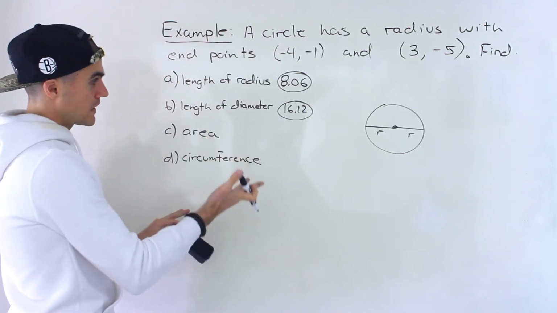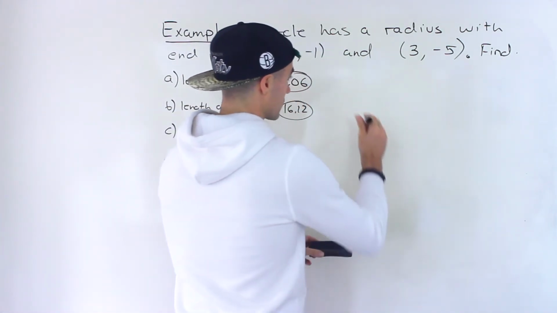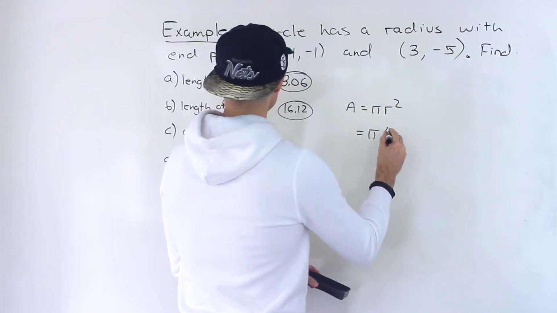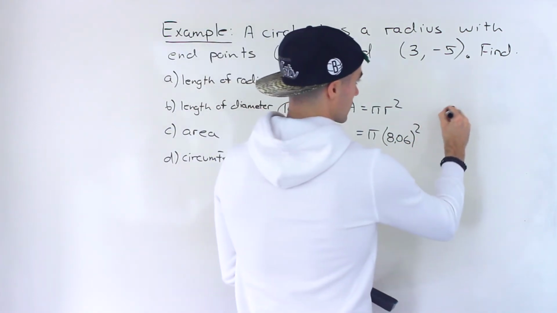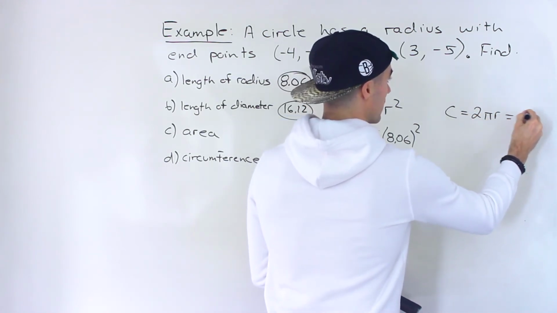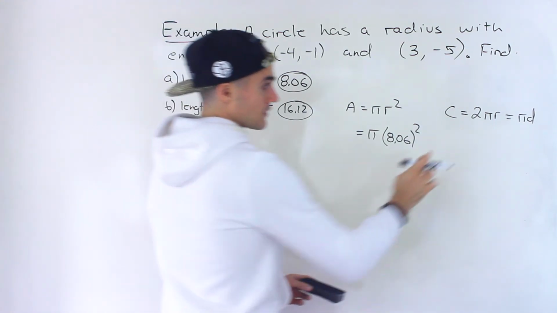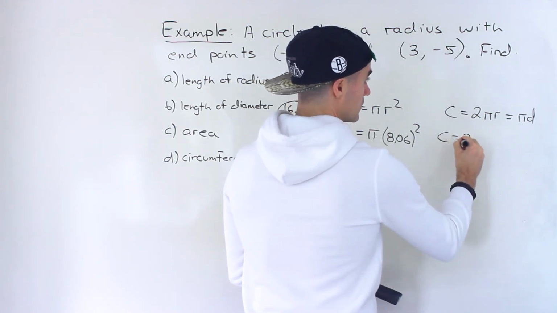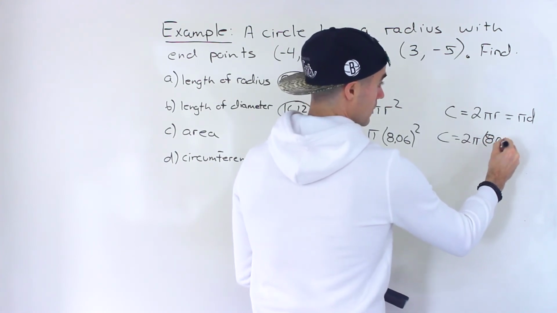And now that we have the radius and the diameter, we could find the area and the circumference if we're asked for it. So the area of a circle is pi r squared. So it would be pi times the radius squared. And then the circumference of a circle is 2 pi r. Another formula you might see is pi times the diameter. I prefer 2 pi r, but pi times the diameter is the same thing because 2 times the r is just the diameter, right? So whichever one you use, the circumference would be 2 pi times the radius of 8.06,